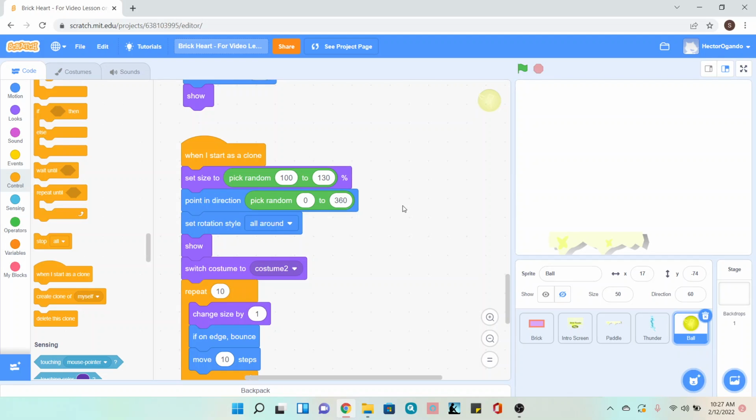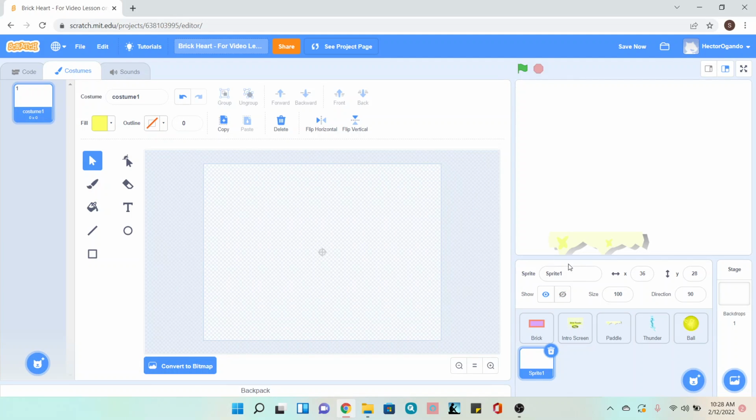Okay guys, so the next step is creating that bottom piece that I was talking to you guys about that's going to then change the ball for us. And we're also going to do one last update as well. So what we're going to go ahead and do is we're going to hover over, choose a sprite, and we're going to click on the paint tool. We're going to call this bottom,